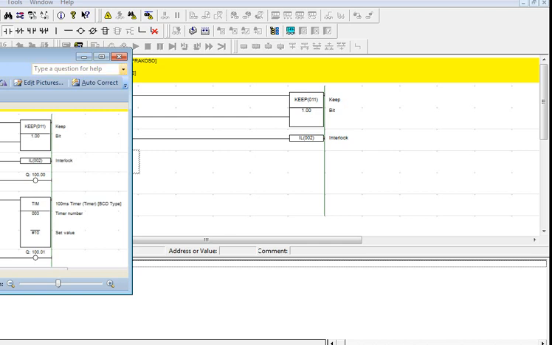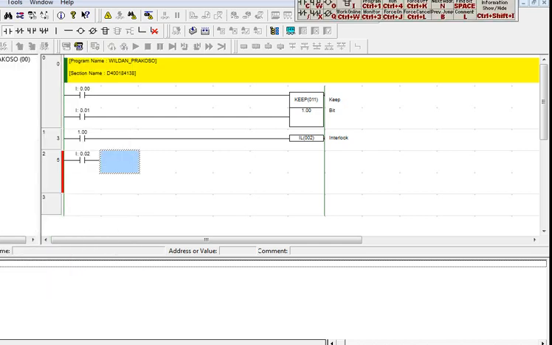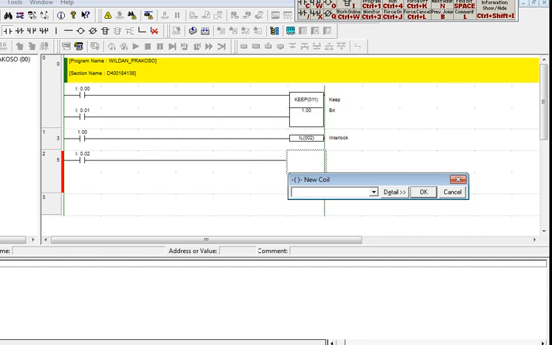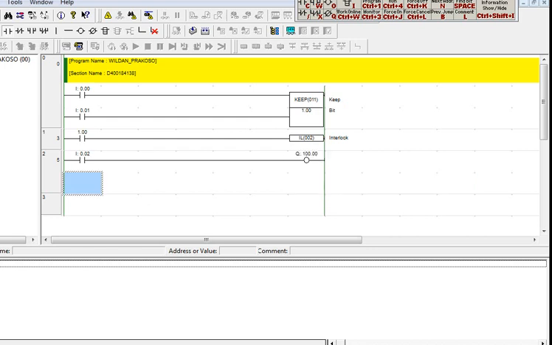After that we connect it with a line and make an output. This one is 100 because the address is 100. And then after I made those components and contacts,